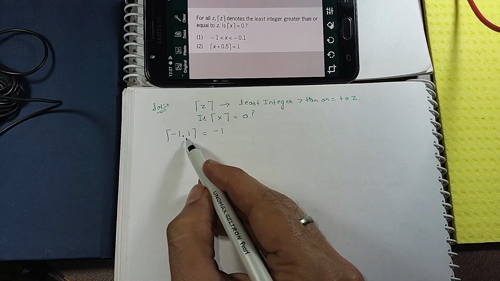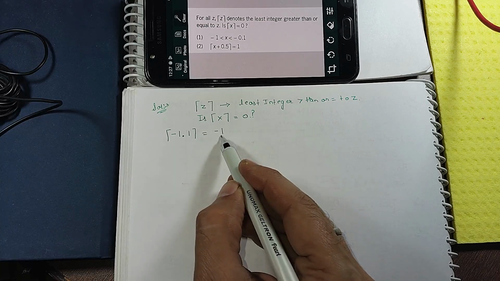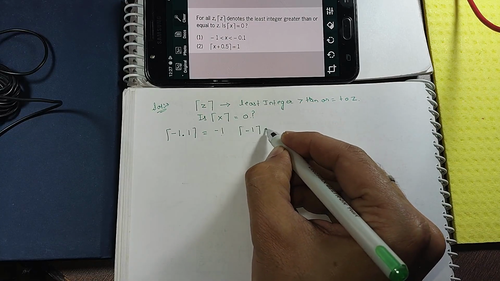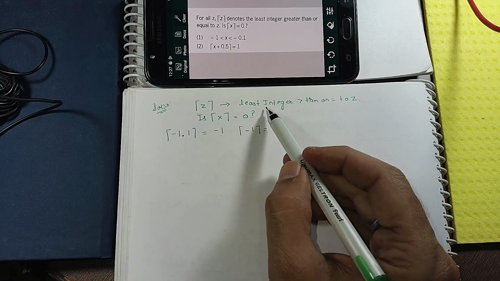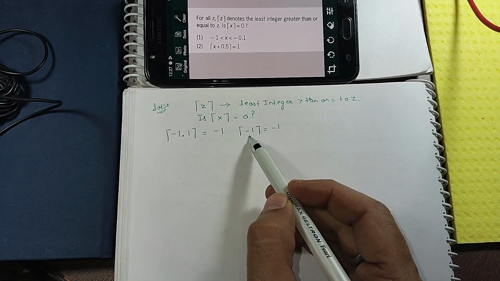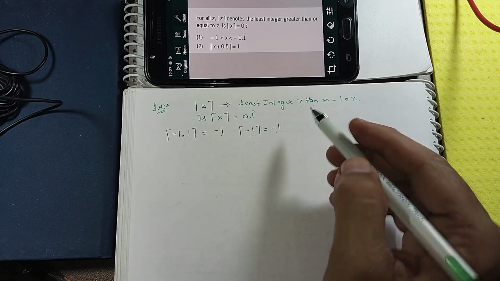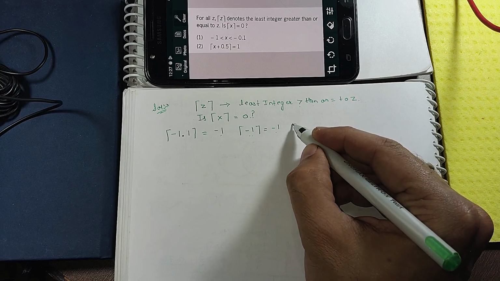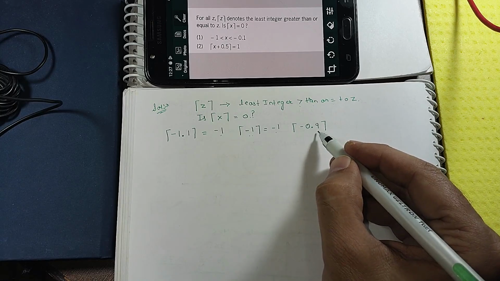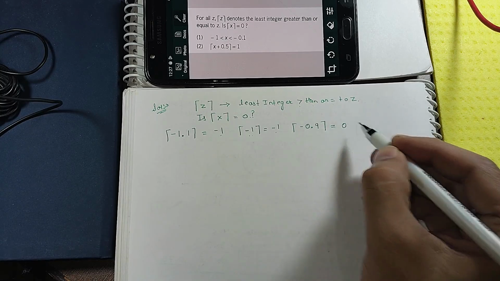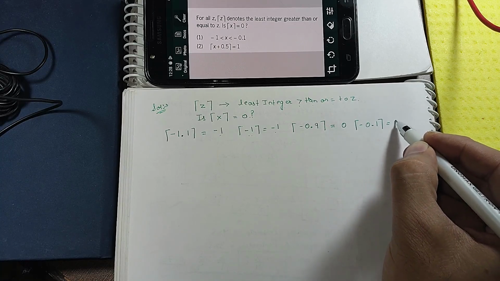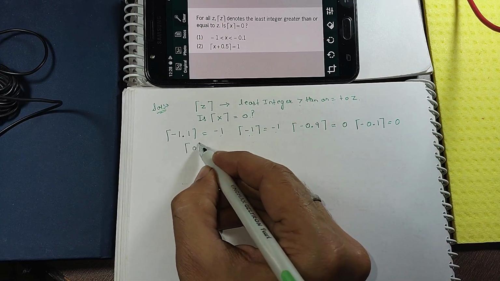Because this is the integer which is greater than minus 1.1, right? Now let us suppose the value of x to be minus 1. So in this case it will be equal to directly minus 1. Least integer greater than or equal to, in this case greater than this is minus 1, and since it is equal to minus 1, so equal to minus 1. Now if I take the value minus 0.9, now in this case the least integer greater than or equal to minus 0.9 will be 0, right? If I take another example, let it be minus 0.1, so again it will be 0. For 0 it will be equal to 0,